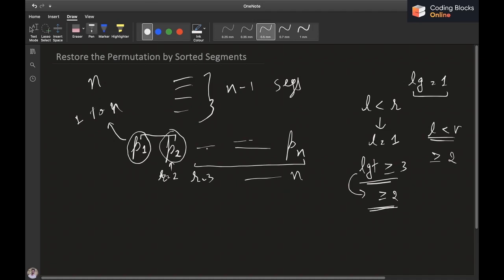If at any point we find that there is no segment with length 1, or there are multiple segments with length equal to 1, then it is not possible for the permutation to be valid, because we saw that for a permutation to be valid, it has to happen that after deleting ai, all the elements that were before the ith index will have exactly one segment with length 1.